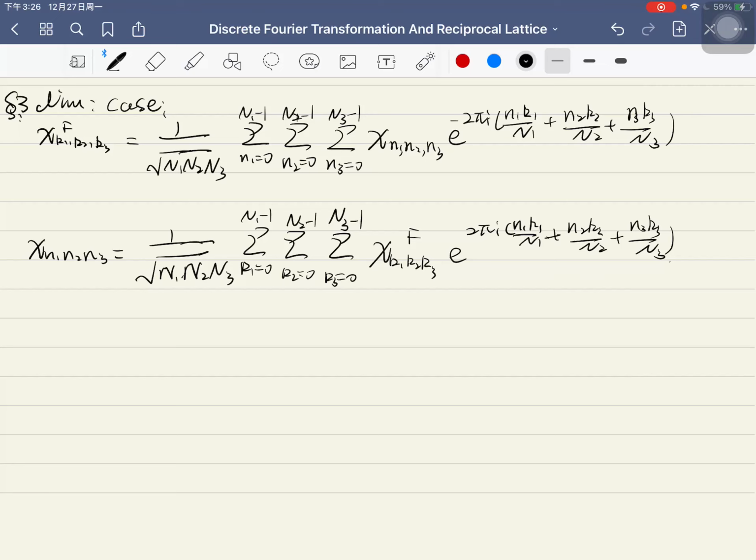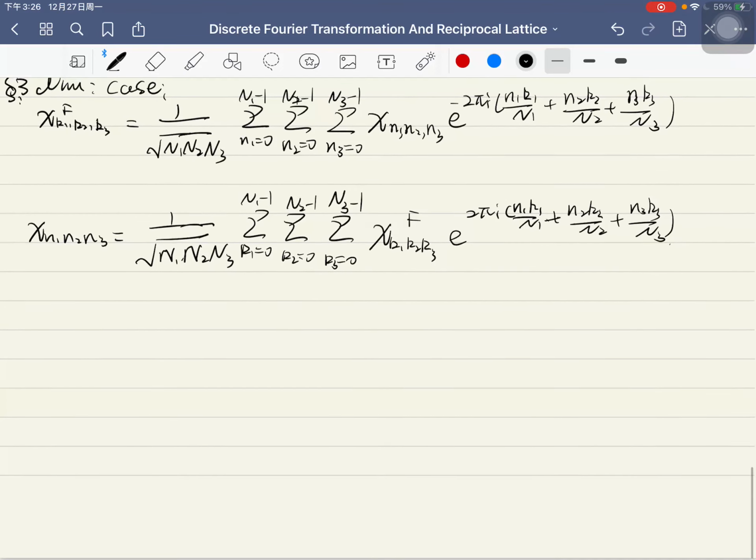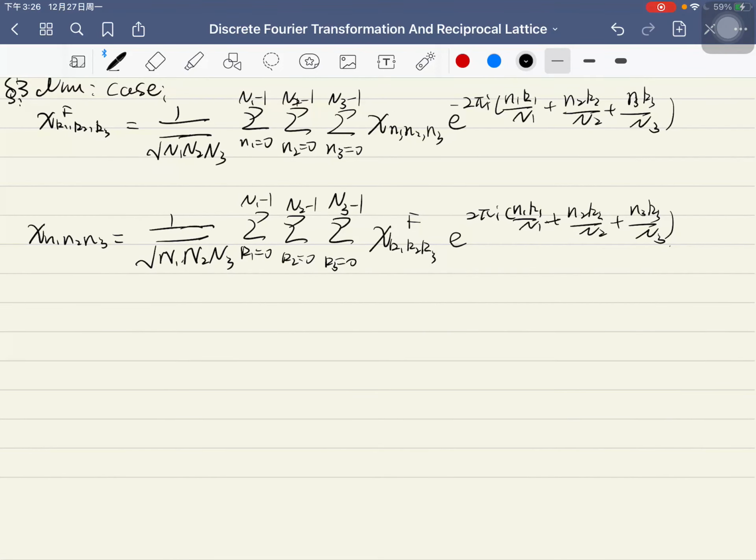And we also want to write this in such a kind of way: x of the reciprocal lattice, k1 k2 k3, equals